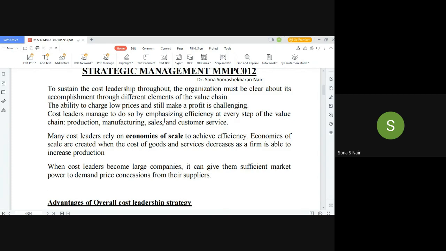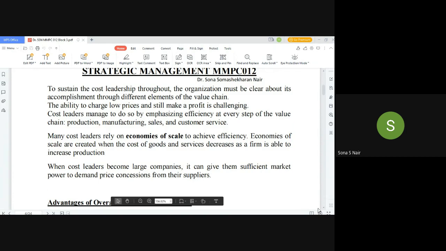So the more goods and services a company produces, the more the fixed cost is distributed over the whole production. So the more production that happens, the cost will reduce. And when the cost reduces, the organization will be in a position to charge a lower